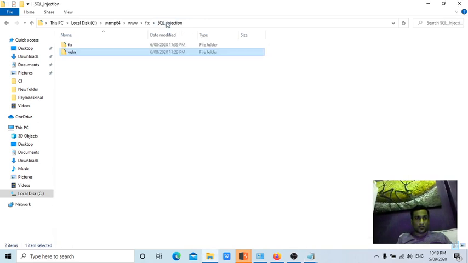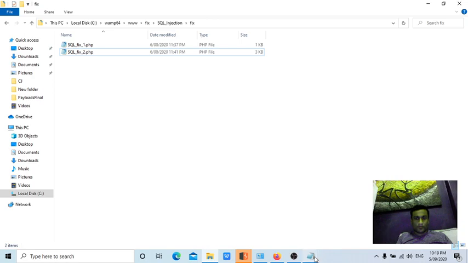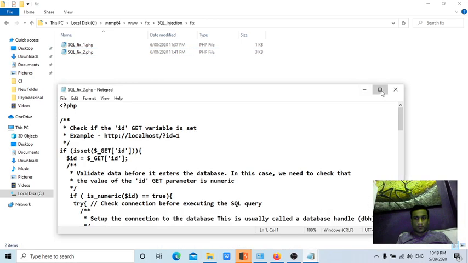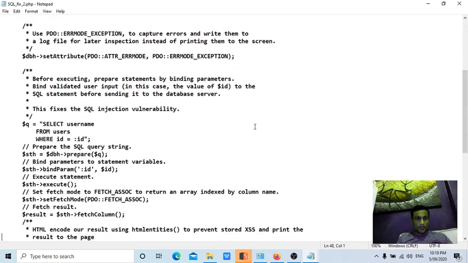So I'll also show you my fix code, guys. If you could see here, we are binding parameters for that.